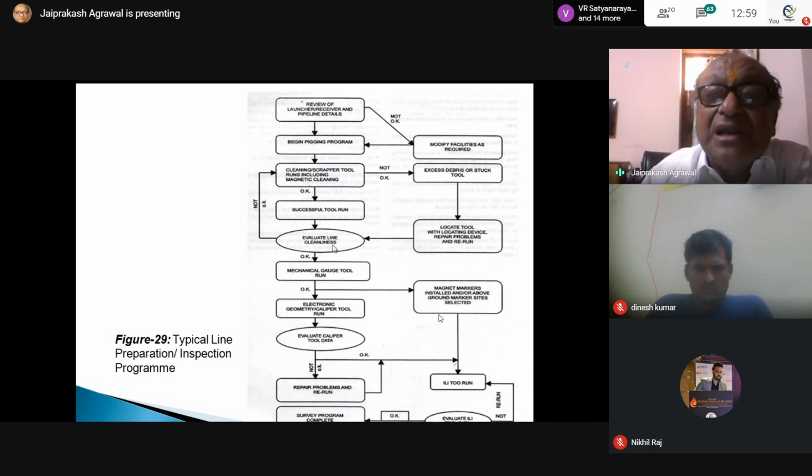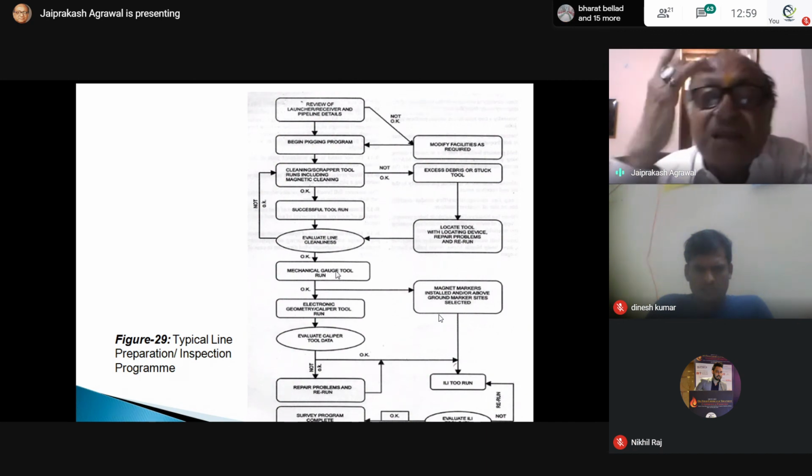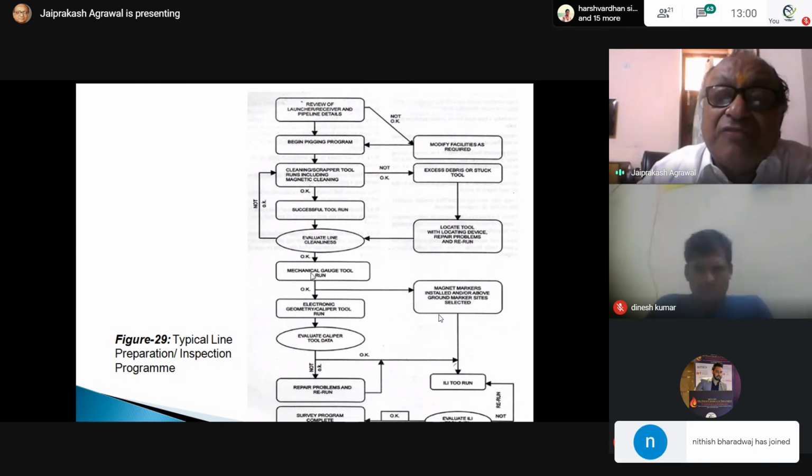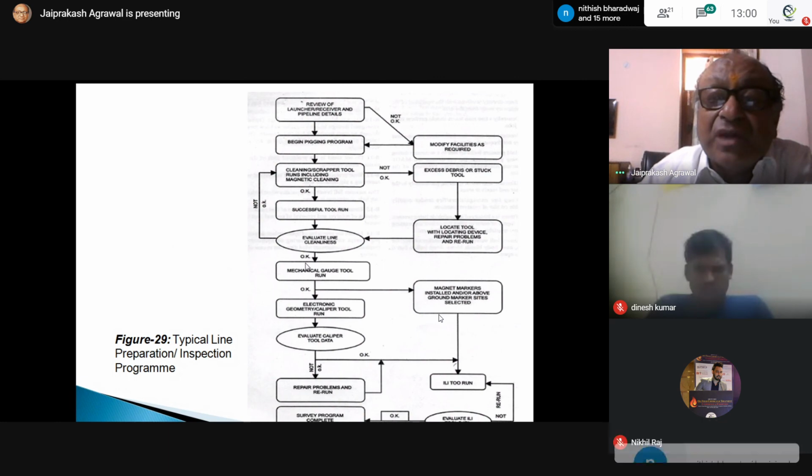Then comes evaluating line cleanliness. Okay. Then mechanical gauge tool run. Then you use the EGP, electrogeometrical pigging. If there is any deformity in the pipeline or valves, such as dents or gouges, then address it beforehand. Okay.